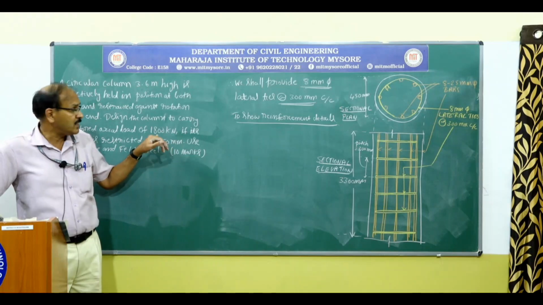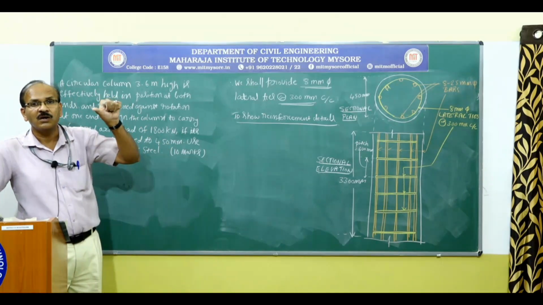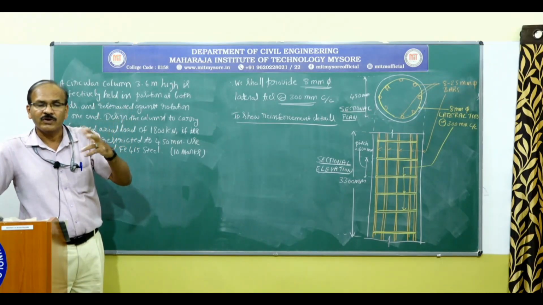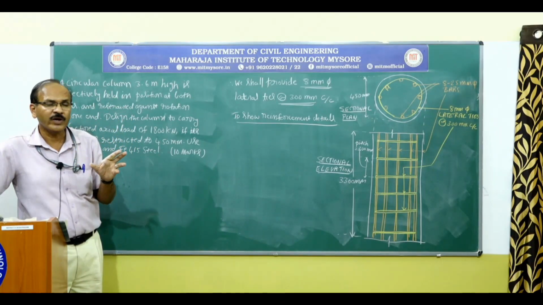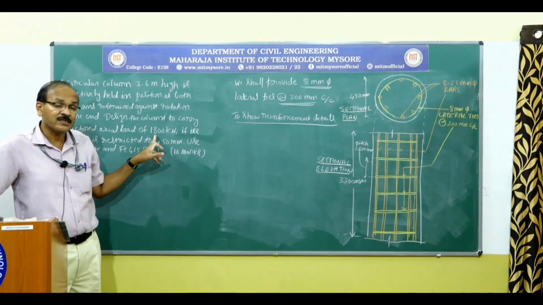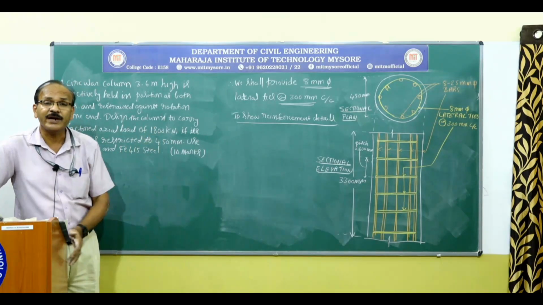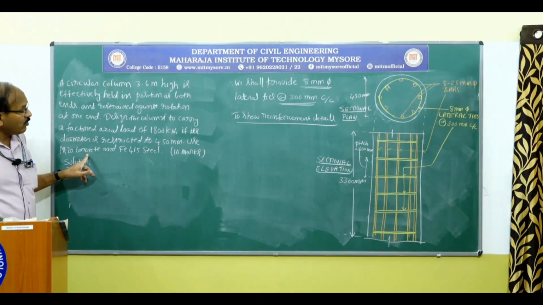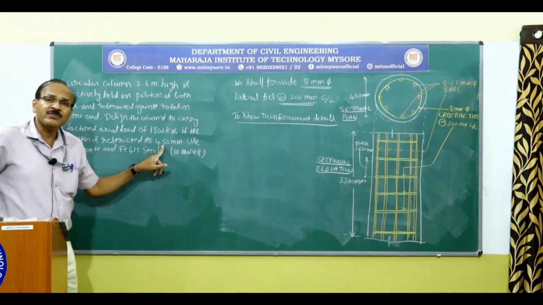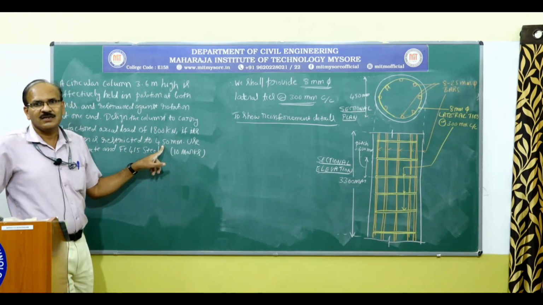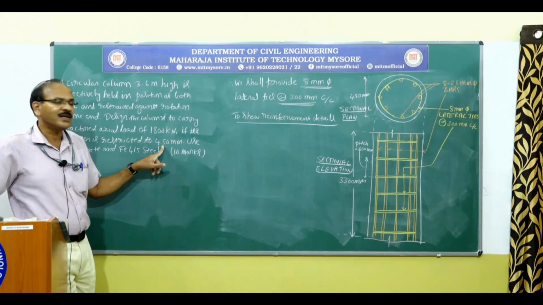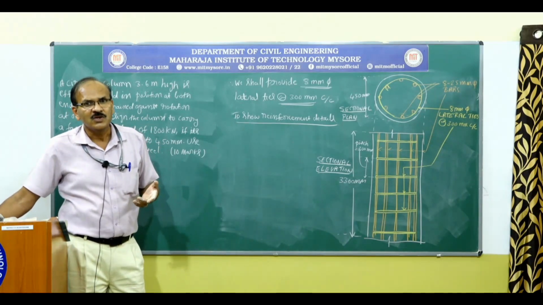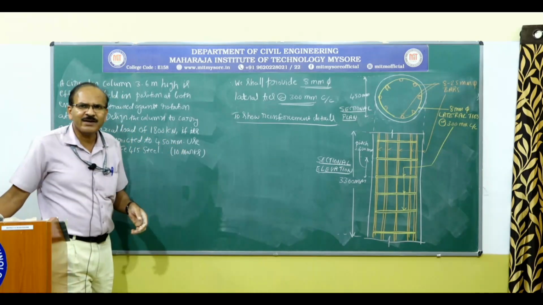So this is factored load or ultimate load or design load. So it is one and the same. Okay. So that is represented by Pu, that is equal to 1800 kilonewton given. And one more thing is, the diameter of the column is restricted to 450 millimeter. That means you cannot go beyond 450 millimeter diameter of the column. So you can take 450 millimeter diameter of the column.